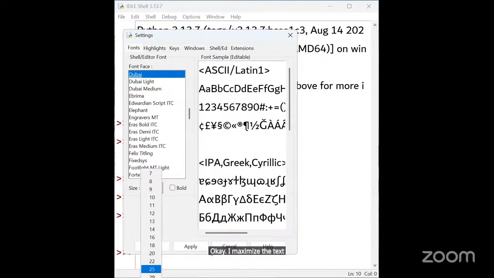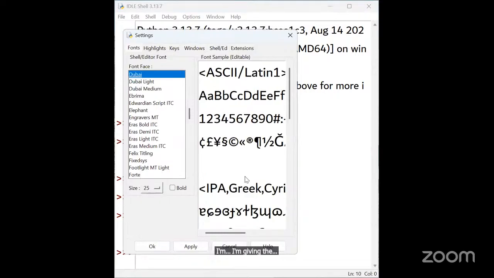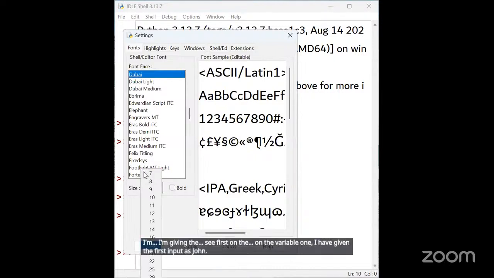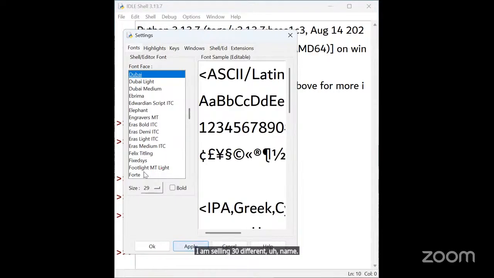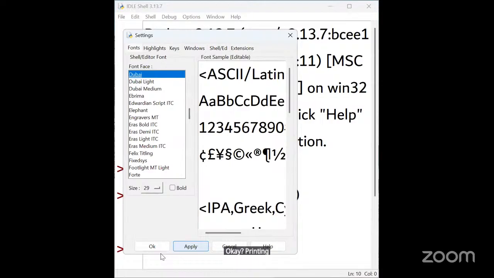See, ma'am, on variable 1, I have given the first input as John. Again, I am taking variable 1 and I am assigning a different name. The name is Sam.